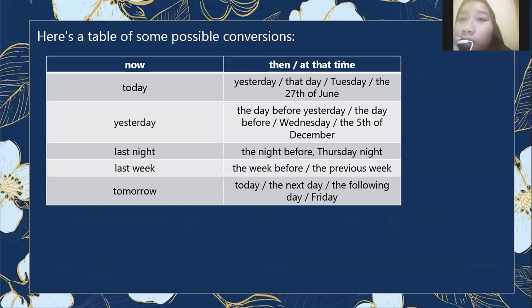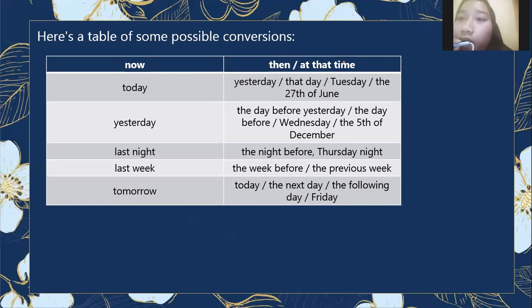Here's a table of some possible conversions. Now becomes then or at that time. Today becomes then, or at the time, or that day, or Tuesday, or the 27th of June.